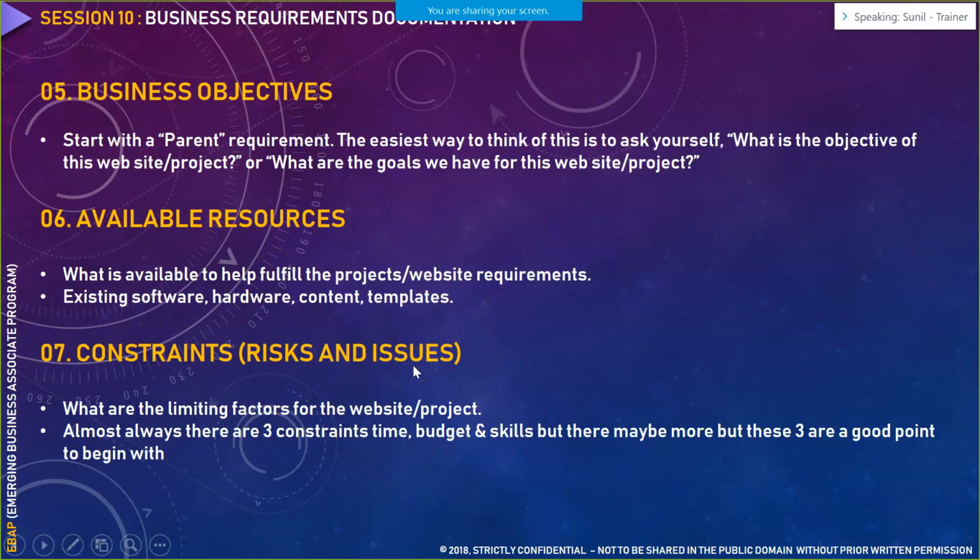Now, an issue is something like if a network failure happened on a particular day, what is the service level agreement you have? For example, all of a sudden the server went down. The entire day went unproductive. So unproductive as in, if there are 40 resources, so 40 into 8, that many hours are wasted in that single day itself. So if such issues happen, which are not under our control, what is your risk management plan or what is your risk mitigation plan? So that is something you have to highlight in this constraint section.